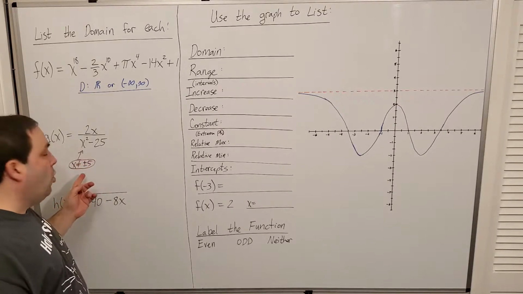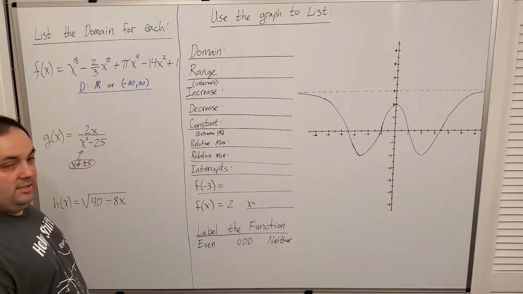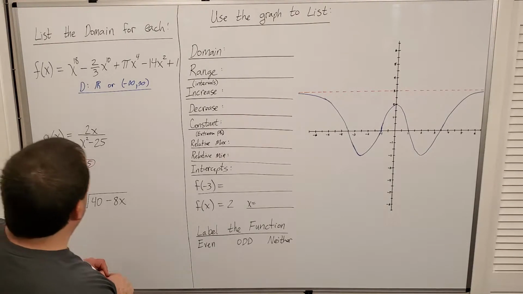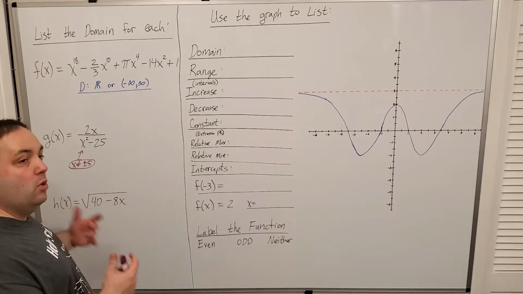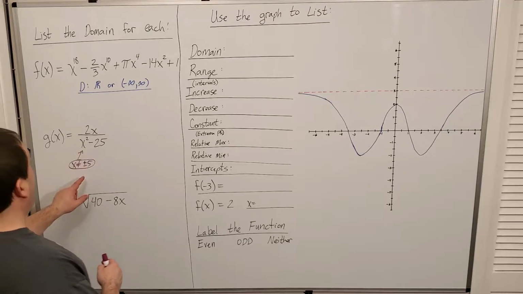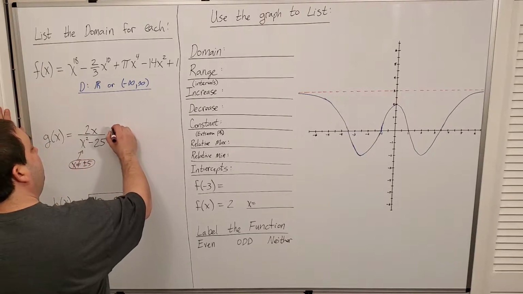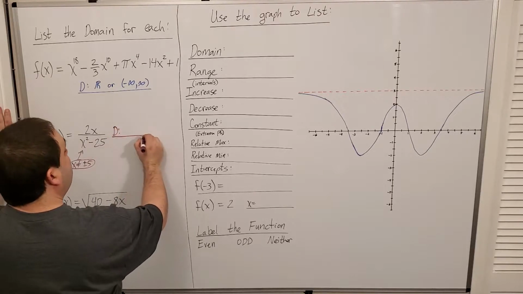And of course, that's one way to list the domain. Someone would say x can't be this. Typically, with functions like the way we're doing them here, though, we want to see a function notation of some sort. So in this case, if I have to cut out both 5 and -5, then my domain is going to be